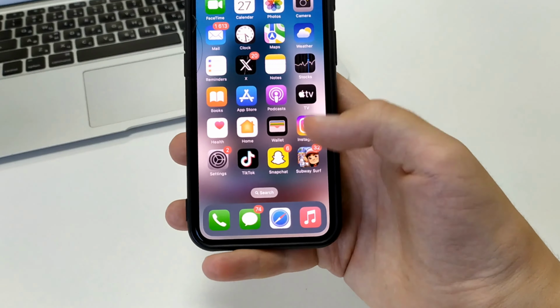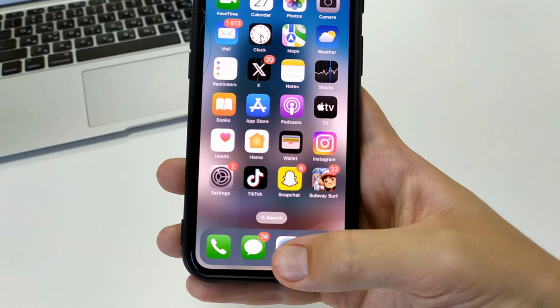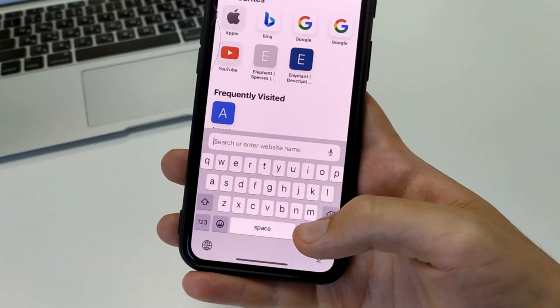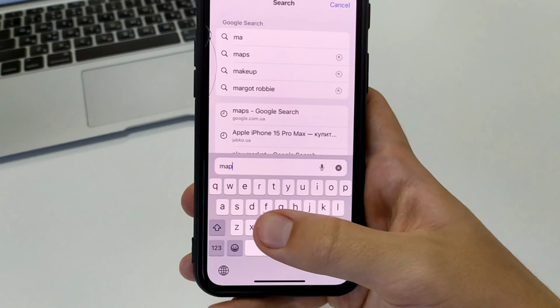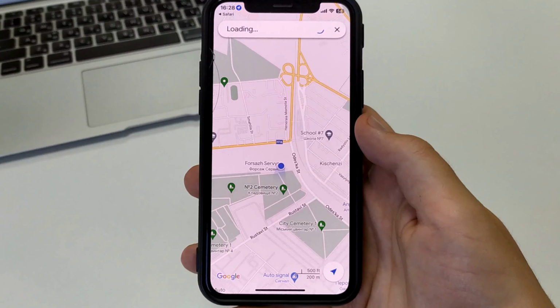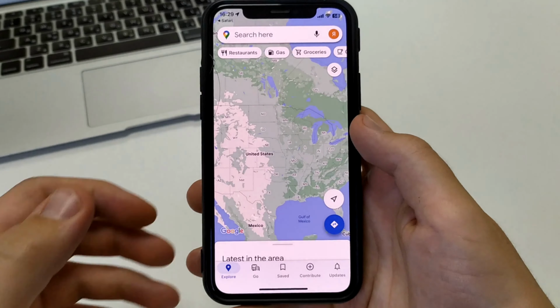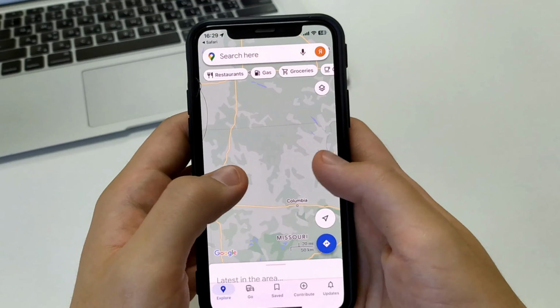To do this, we need to go to any browser that we have on our phone or tablet. I go to iPhone software, and then in the search bar, we write the word maps. Go in. Open Google Maps. We open a map. We choose any location we want. Choose any store. Let's say it should be our store or whatever it may be.